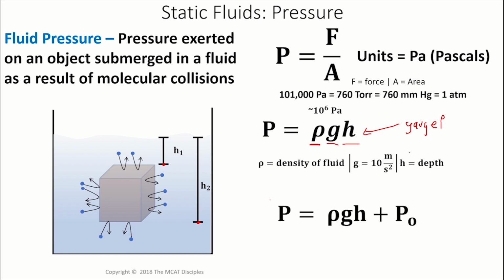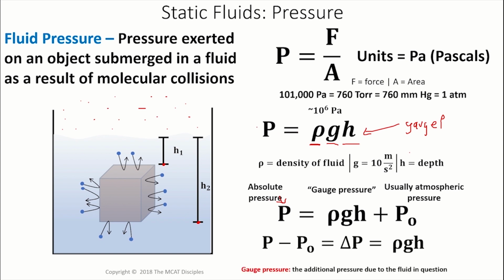Right? And so if you want to consider the absolute pressure, which is this pressure here, P, and we'll have some labels here, you have to add the atmospheric pressure. So you have to add the pressure due to all of these air molecules on top of this fluid that are also generating a pressure. So pressure is a scalar. It has no direction, by the way.